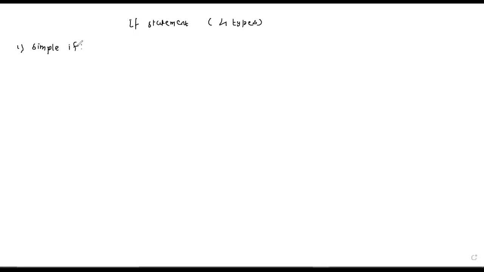In this kind of statement, we have the syntax in this way. So what is the syntax? While writing a script, we write if, followed by the condition. The condition should always be written in a square bracket, and there is a space. Once we put a square bracket, you have to give a space, then write the condition, then space, and then close the bracket. Then we write the action.